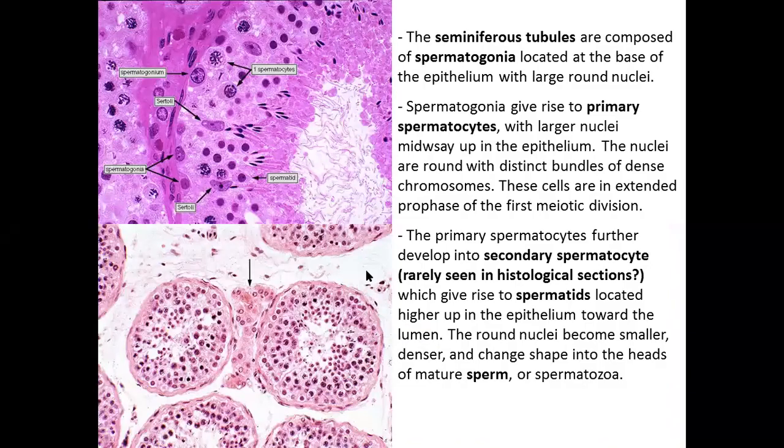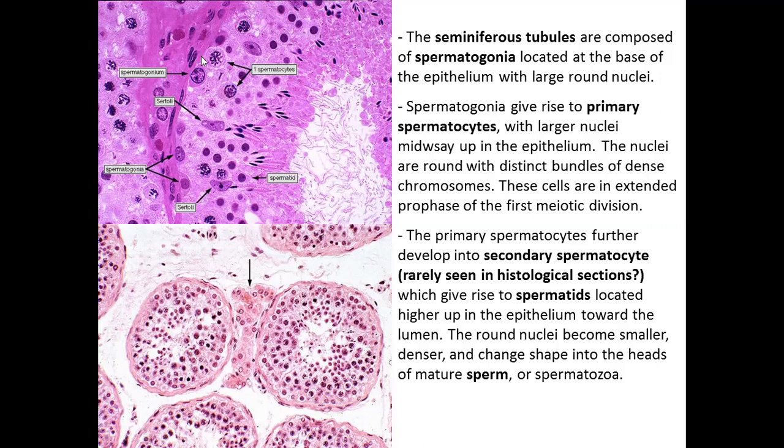So from this point onward, we are now looking at higher magnifications of seminiferous tubules. The seminiferous tubules are composed of cells which are involved in spermatogenesis, and the first cells, located at the very base of the seminiferous tubule just above the basement membrane, are spermatogonia cells. There are two kinds of spermatogonia: dark or lightly stained, type A or type B. These cells are adjacent to the basement membrane. First, they have a large rounded nucleus.